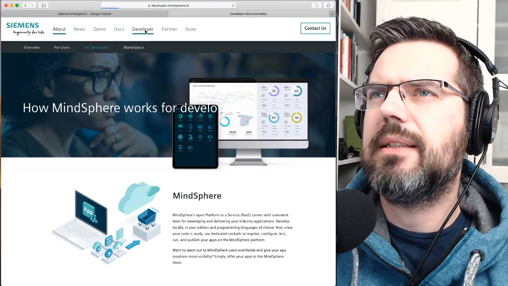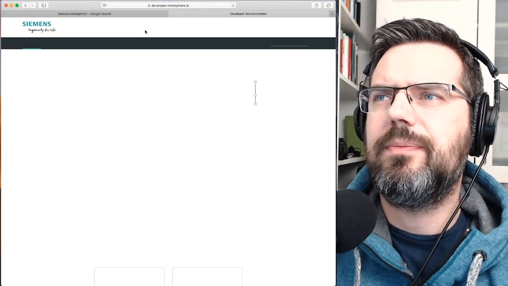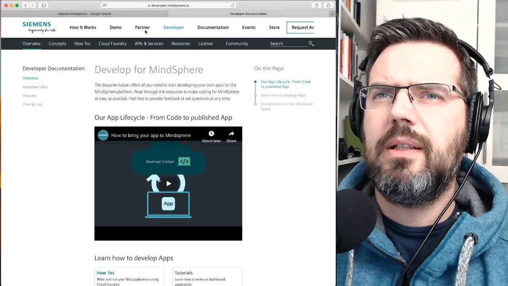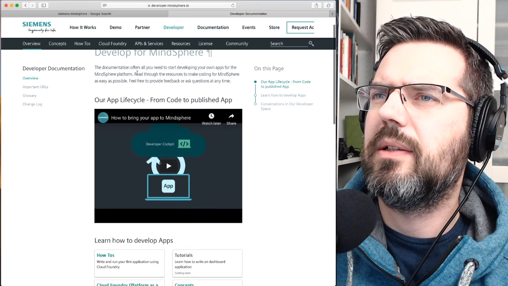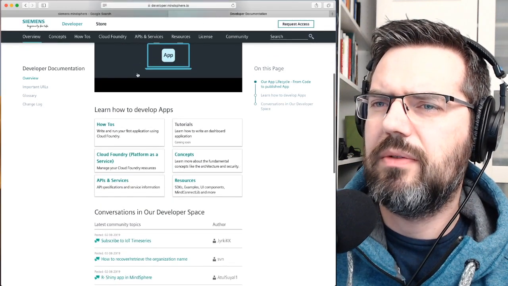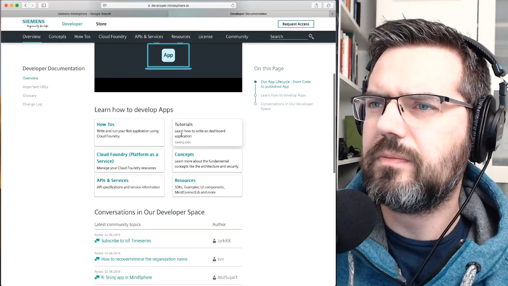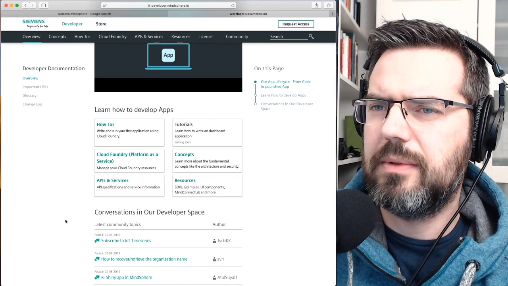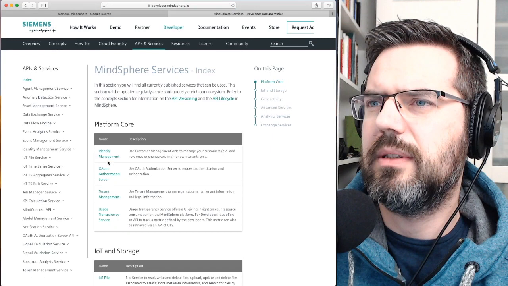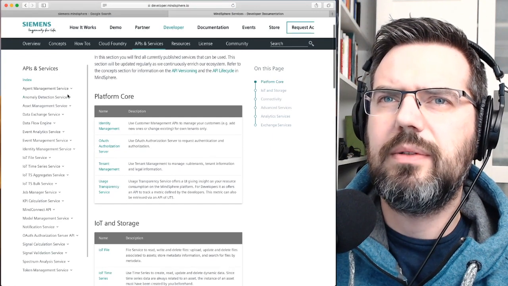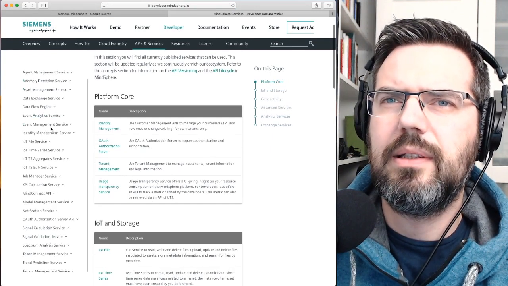I would say next is go to the developer stage here. Developers for Mindsphere. So it's a documentation of how-tos, tutorials, concept, APIs, and services. This is interesting. Okay, APIs and services. What kind of services can you run here?